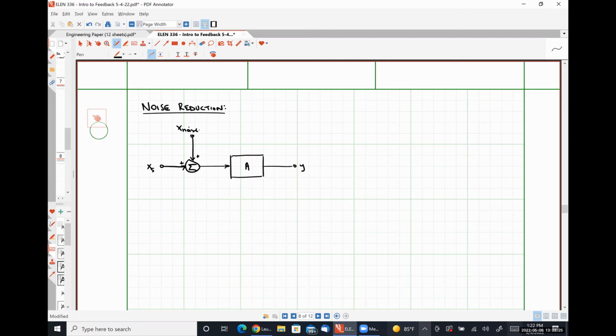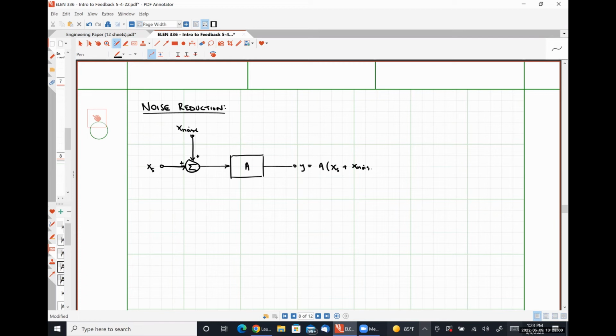So we make it appear as if it's occurring at the input so that we can do a direct comparison between the input referred noise level and our signal level, because we need to compare those two things at the input to determine whether or not we can actually see our quantity of interest, which is quantified by a signal to noise ratio. Okay, so in this case, our output Y would simply be A times XS